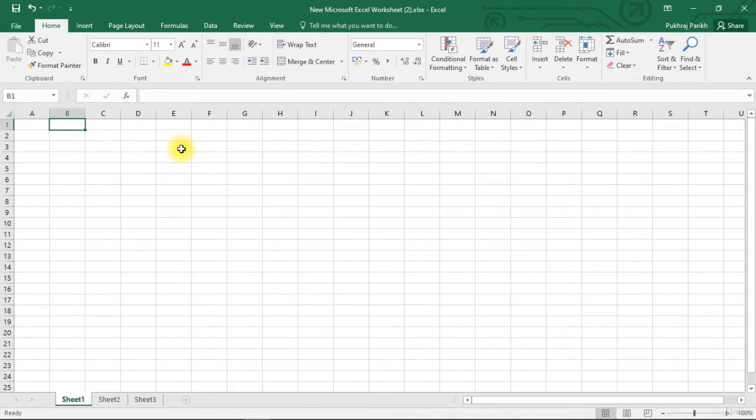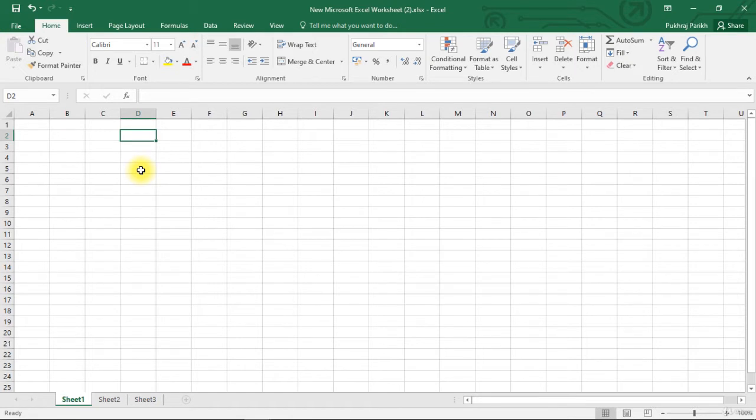When you click it, this thick black bordered box highlights this cell. This means that this cell is now active. If I want to activate C1, I will click on C1 cell. I can also use keyboard arrow keys to move around this active cell. If I press down key, active cell now becomes C2. If I press right key, D2 becomes the active cell.